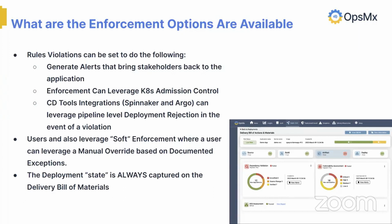And by the way, we also are able to act or inject as a last line of defense, giving you enhanced response capabilities. So if for some reason a 0-day vulnerability is found in a certain library, of course, you're going to want to go back and work with all of your engineering teams and make sure that we're looking for all of where those things are deployed. However, with the deployment firewall, you can turn the spigot off and make sure that no additional software that has those libraries gets deployed because of where in the process we're doing this check. And, as part of that CD process, it's very easy to go ahead and create that rule and then ultimately push that out to